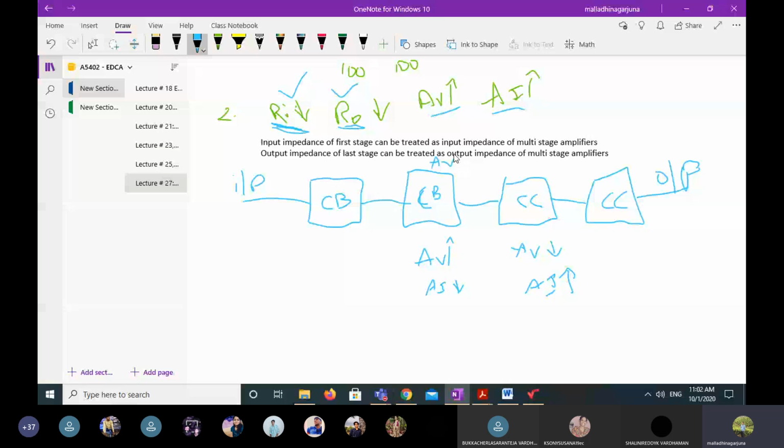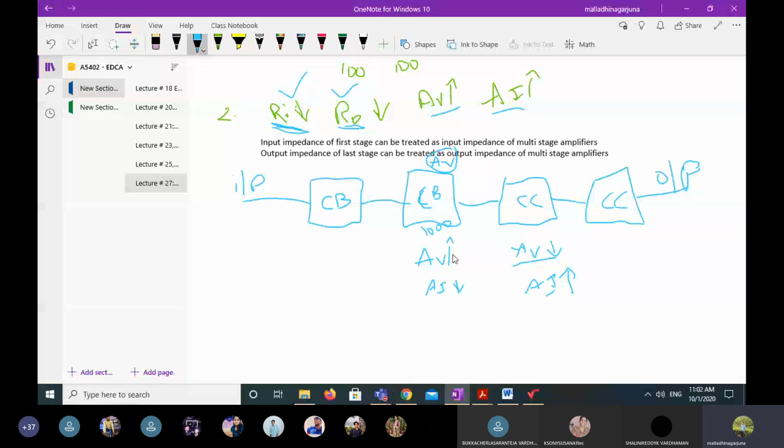It's low. So if you are connecting a CB amplifier, you are providing high voltage gain. Let us assume 1000. So it is amplified 1000 times, such that your designed CB amplifier is placed in the second position. If you are applying this 1000 gain to the CC amplifier, as I already told, the output of one stage acts as the input of the next stage.